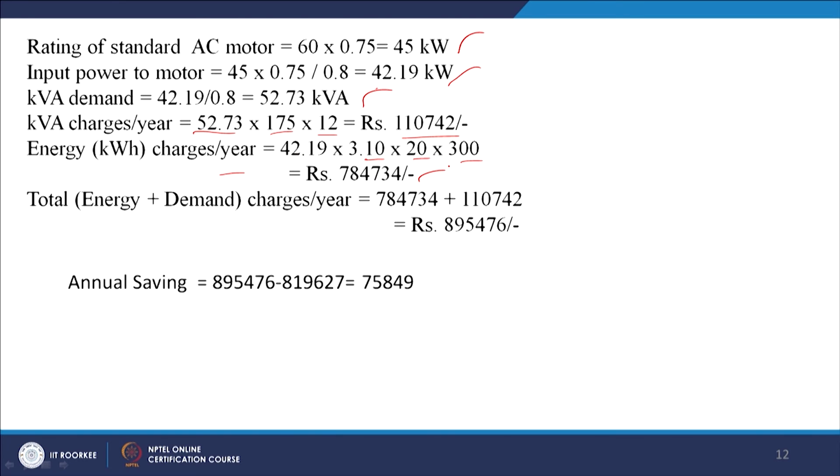So, that is 7,84,734 rupees. So, total 8,95,473. So, here we are getting the annual saving as 8,95,476 minus 8,19,627. So, rupees